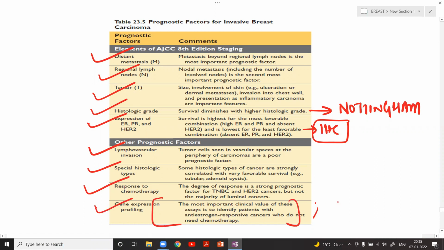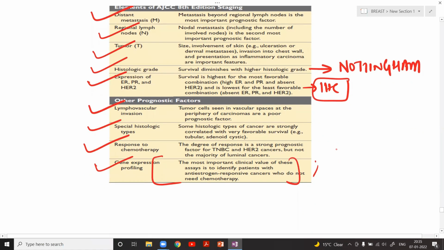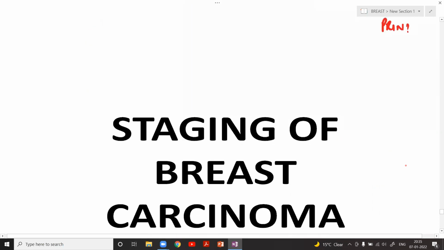Do you remember? Can you name the initial two gene expression or molecular profiling signatures of breast carcinoma? What are the two important signatures we used initially? Yes, the 21 gene assay, and one was based on the 70 gene assay. What was the name? MammaPrint. This was your MammaPrint, and there was your 21 gene assay also, and there is your 50 gene assay called PAM50. Just remember these points very importantly.